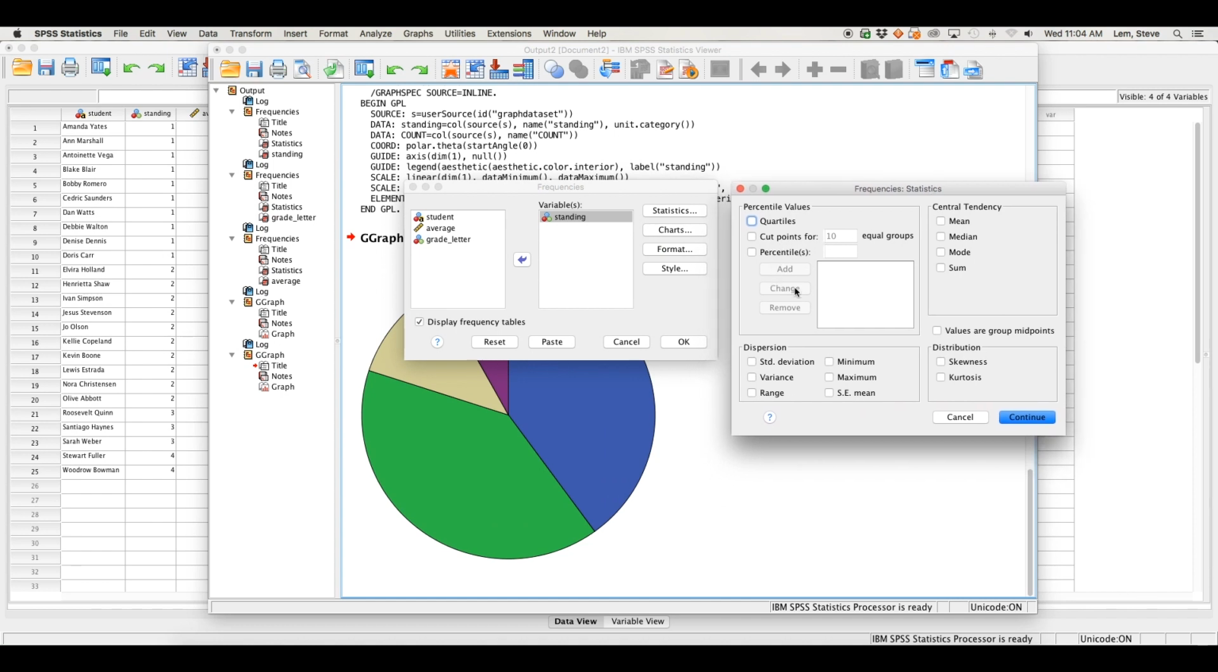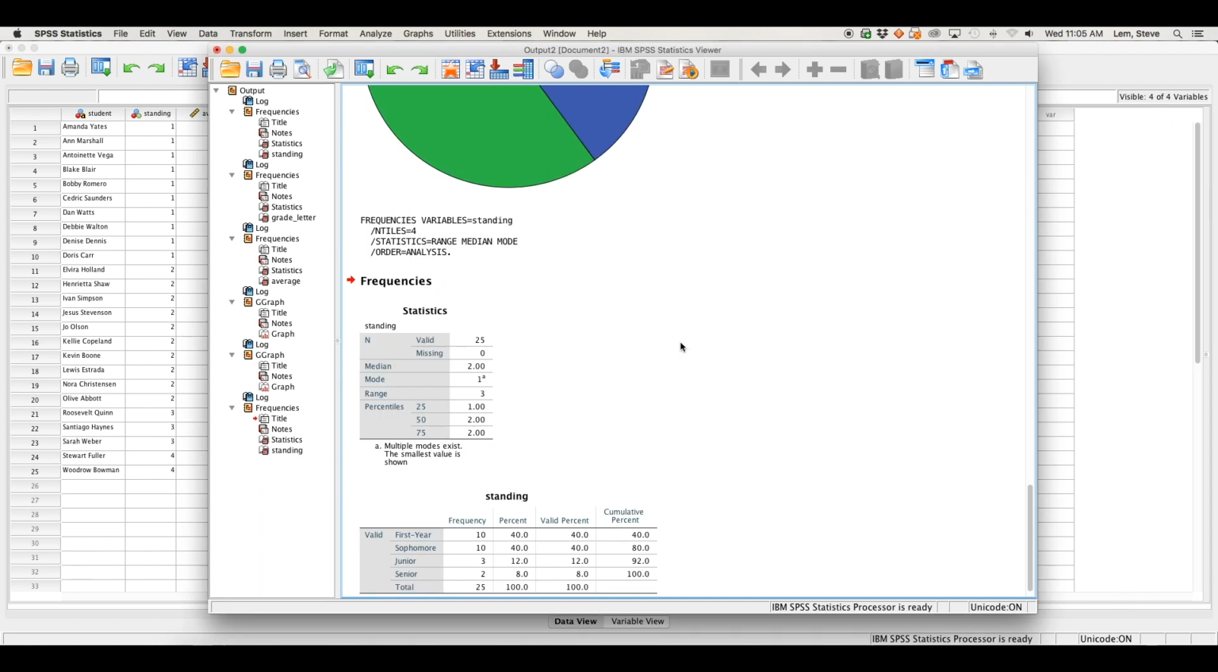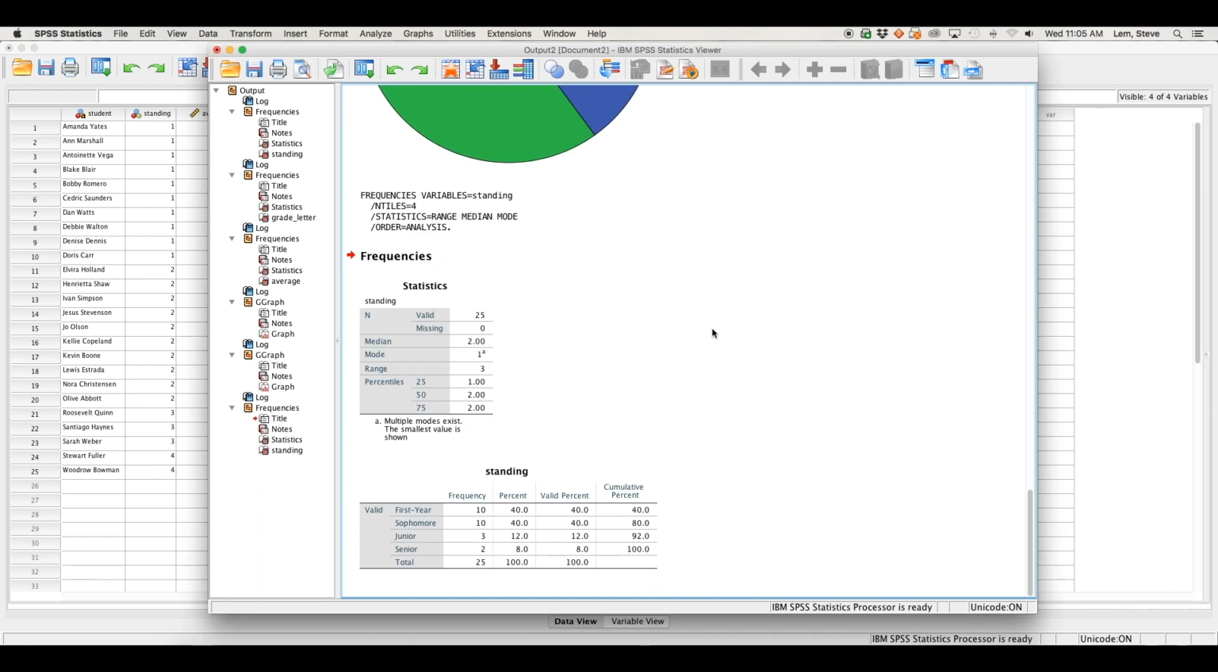I can ask for percentile values. I can also ask for the 3 measures of central tendency, mean, median, and mode. Since this is a categorical ordinal variable, I'm not going to ask for the mean since the mean is inappropriate. I'm going to ask for the median and the mode. I can ask for my quartiles, which would help me calculate my interquartile range, and I can ask for the range. Clicking continue, I'm still going to get my frequency distribution table, but now I'm going to get an additional